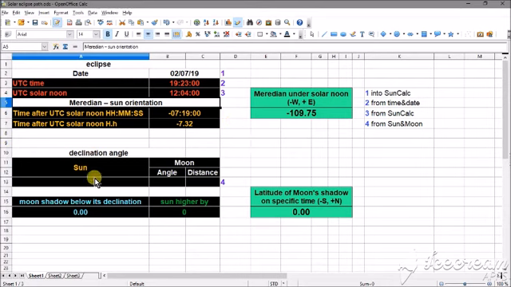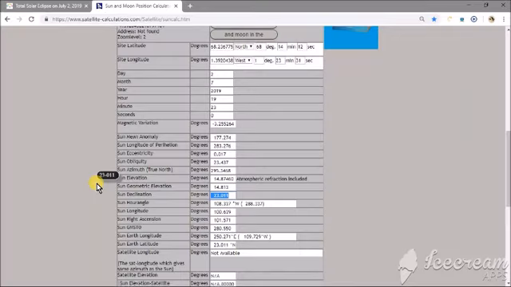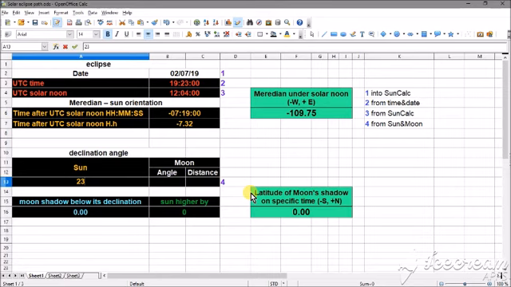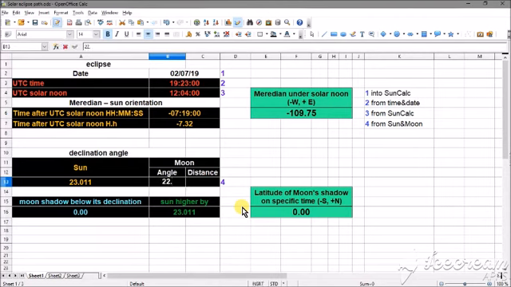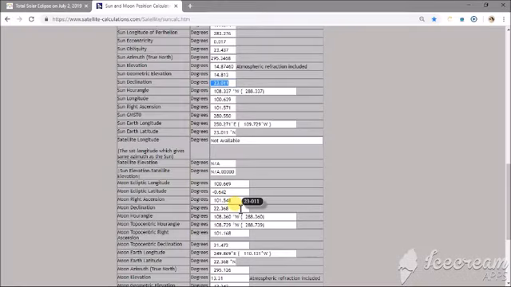Now for the declination angles, the sun on the 2nd of July 2019 at this time, the sun declination angle is 23.011, and for the moon it is 22.368, and the moon distance is